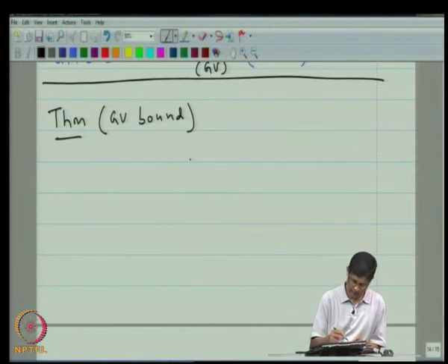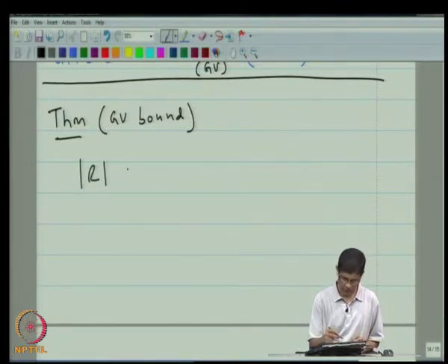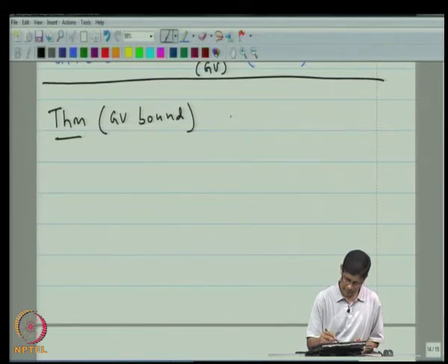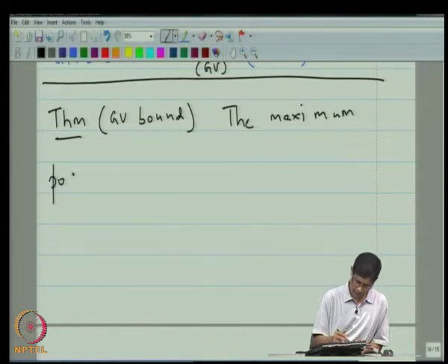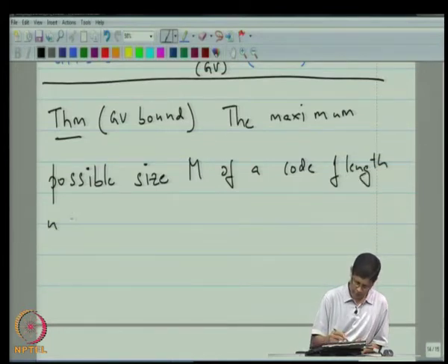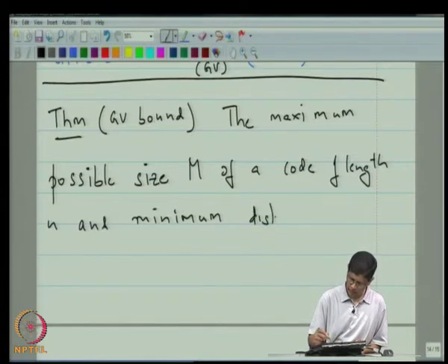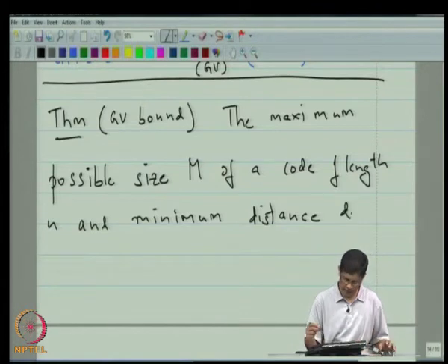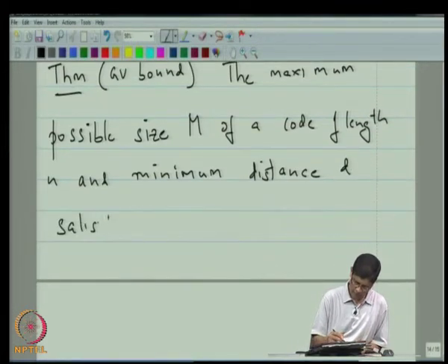And the GV bound says that the maximum possible size M of a binary code of length n and minimum distance d satisfies